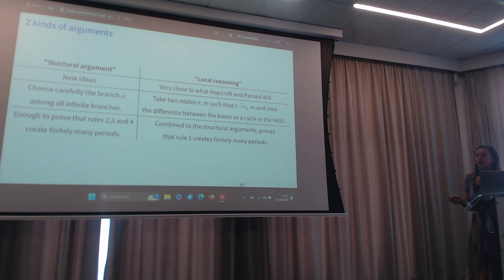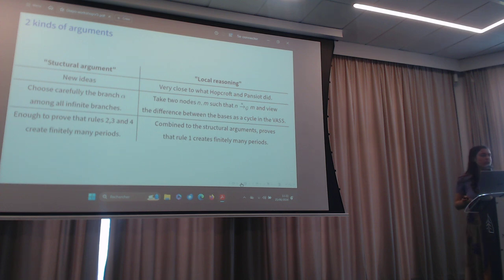And this argument will be about how to choose. In the classical Hopcroft-Portier algorithm, you suppose for contradiction that the tree is infinite, and then you pick with Koenig's lemma an infinite branch, but you choose this infinite branch arbitrarily. Now what we will do is that we won't choose the branch arbitrarily, and if you choose it very well, this branch, the graph will have a nicer structure,